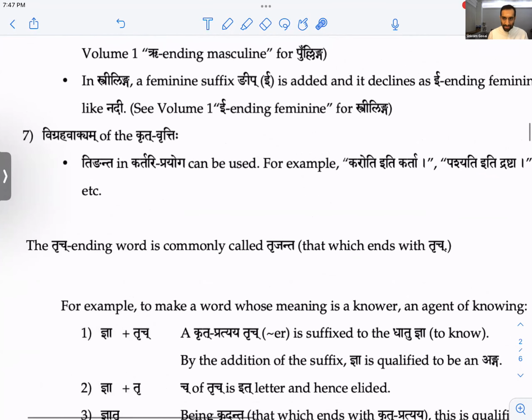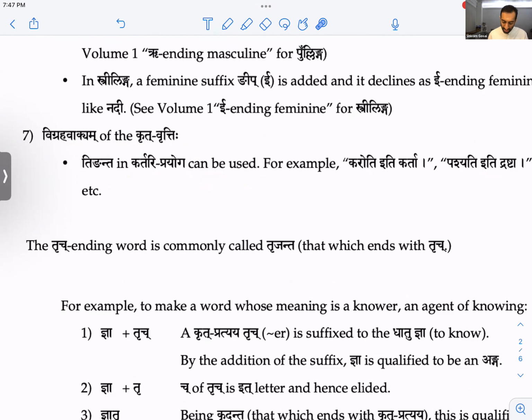So this is number 7. Sorry, sometimes there's a little whiplash when I'm moving around the screen. Okay, so 7, Vigraha Vakyam of the Krit Vritti. What is a Vigraha Vakya? Vigraha Vakya, right? Gives the explanation of the word. So the Tinganta, the verb in Kartari Prayoga, can be used for the Vigraha Vakya.